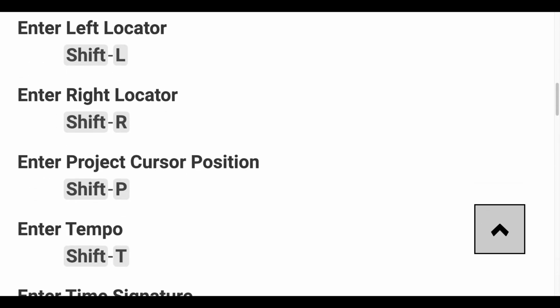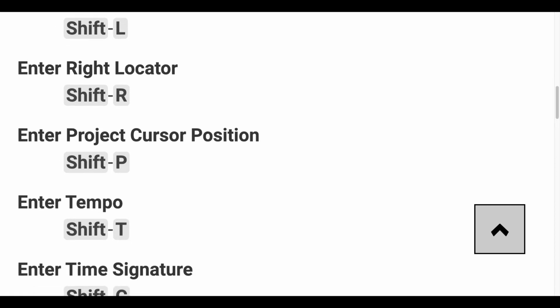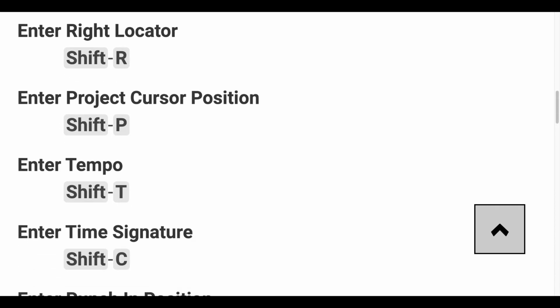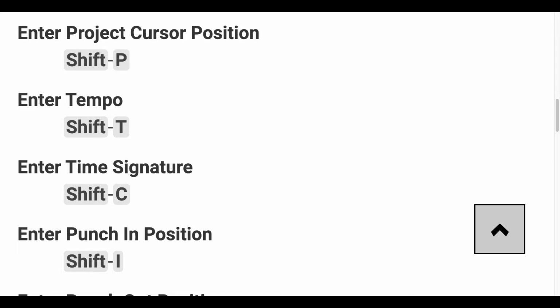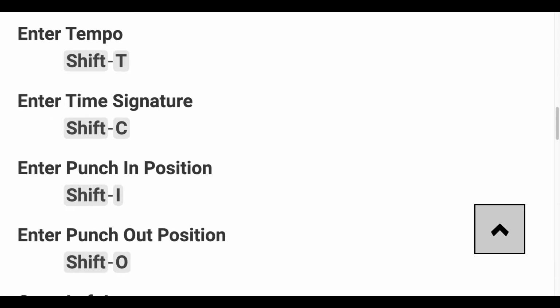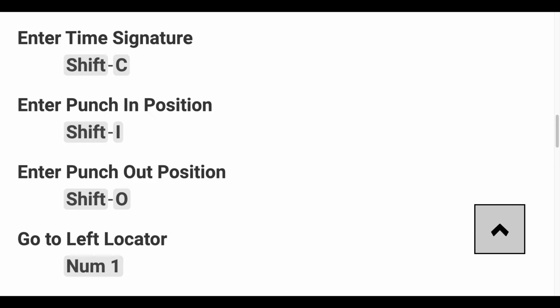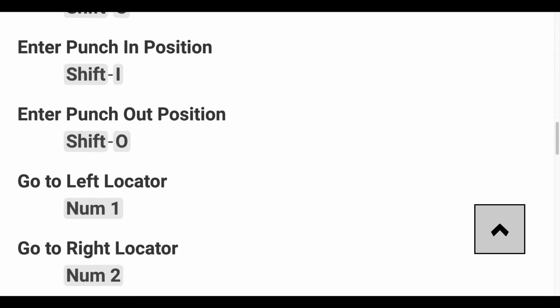Enter left locator, Shift L. Enter right locator, Shift R. Enter project cursor position, Shift P. Enter tempo, Shift T. Enter time signature, Shift C. Enter punch in position,